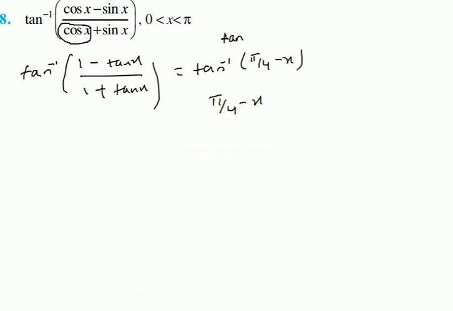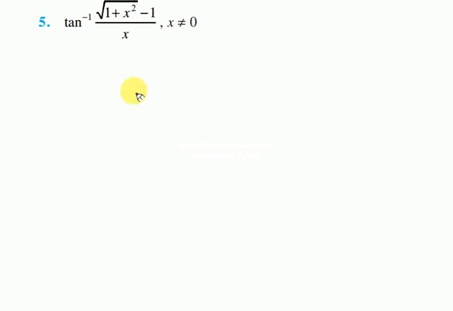Derivative of this function will be minus 1. So here also we need to simplify the given function. Since you have square root of 1 plus x square, we know the formula for 1 plus tan square of theta, therefore substitute x is equals to tan theta. For substituting x is equals to tan theta, you have 1 mark in the scheme of evaluation. Here we can write it as tan inverse of